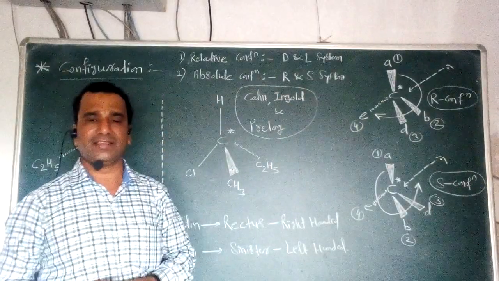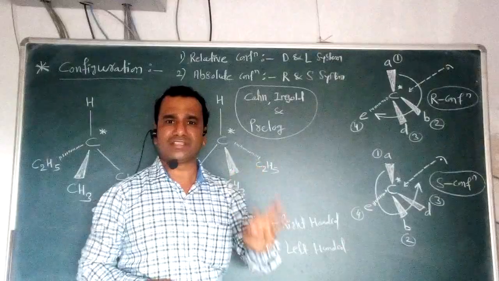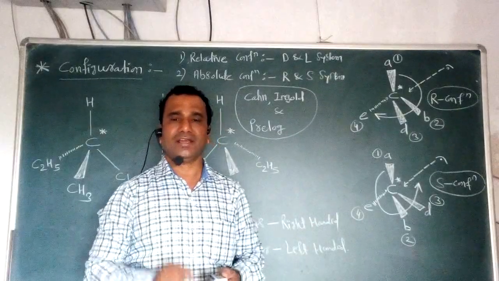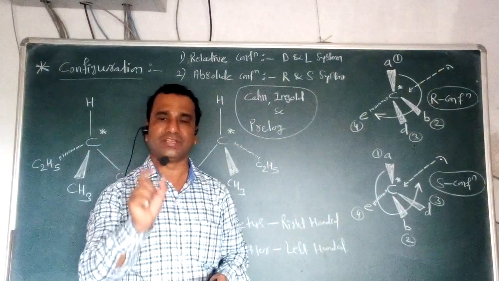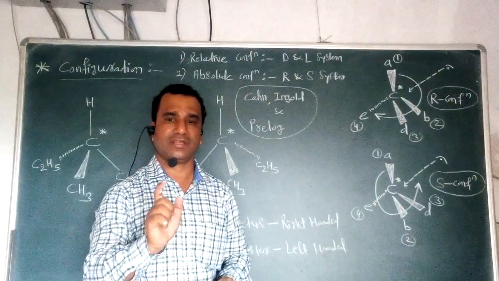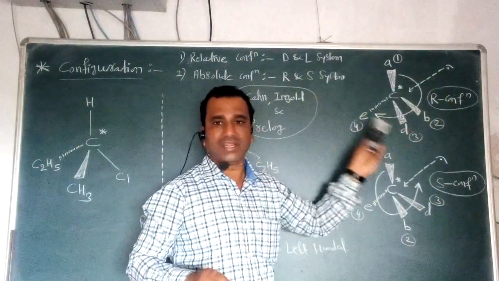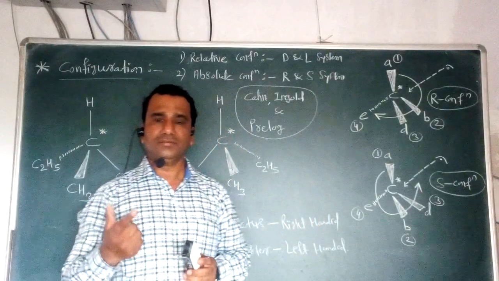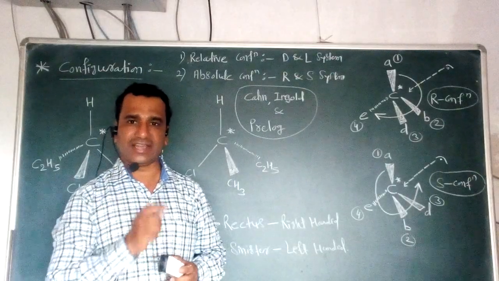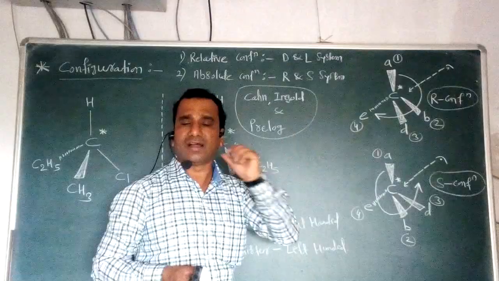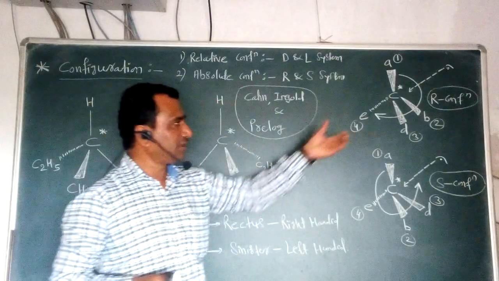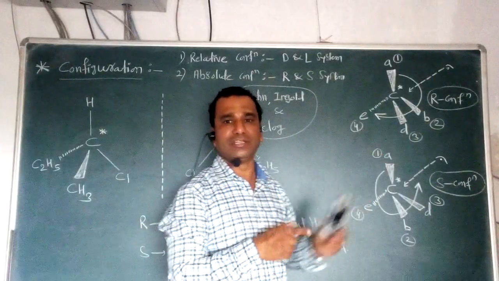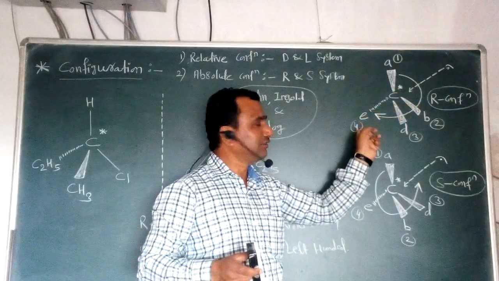While giving this R and S nomenclature for a given stereoisomer, you have to simply follow two rules. The first rule is that you must assign the priority for the given atoms or groups by using some selection rules, that is priority number 1, 2, 3 and 4. Once we assign the priority, we follow the second rule: we have to observe the isomer in such a way that the lowest priority group is away from the observer, or you observe the molecule anti or trans to the lowest priority group.